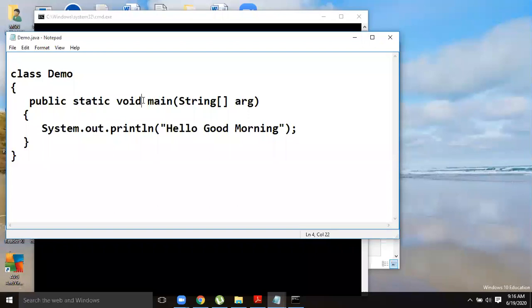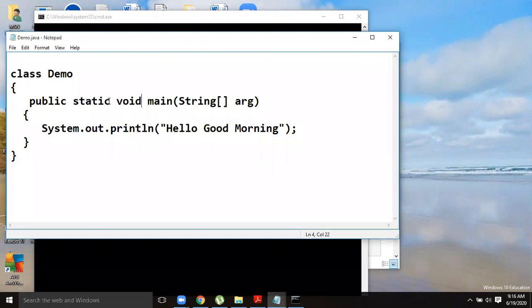I tell you the difference. Similar, but a small difference. Okay. So void means if your method or function is not returning anything, if you do not wish to return anything from your method to the outside callers or outside environment, then use void. Void means your function does not return anything. This is the basic structure.